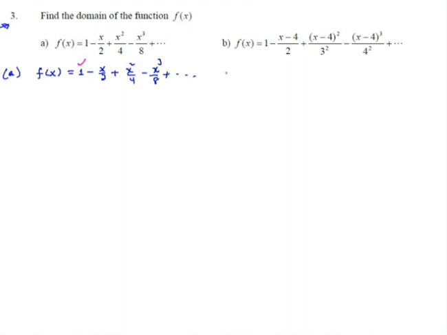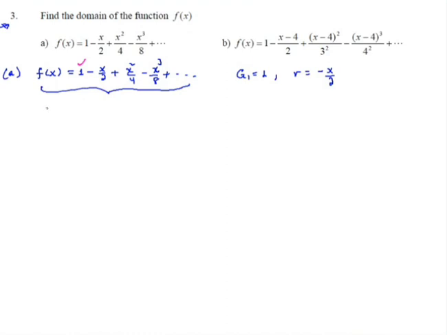You can see that the ratio between the consecutive terms are the same. So first term 1 and common ratio minus x over 2 መውሰድ እንችላለን።